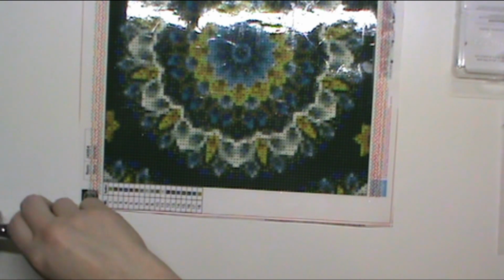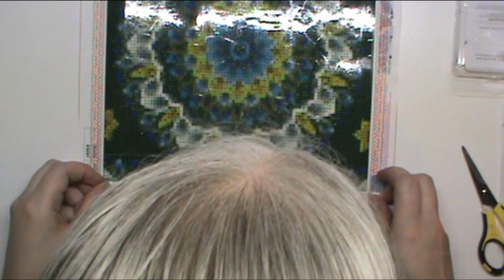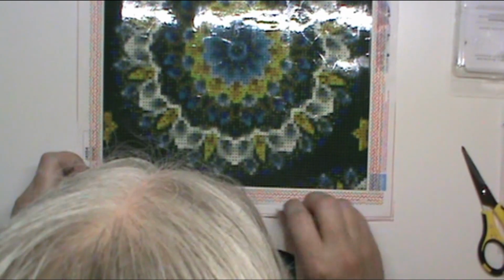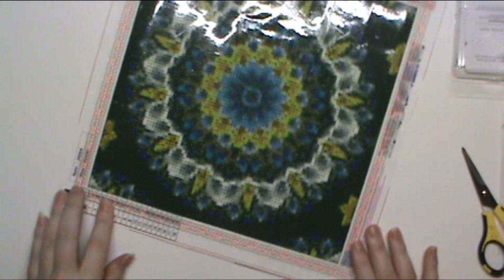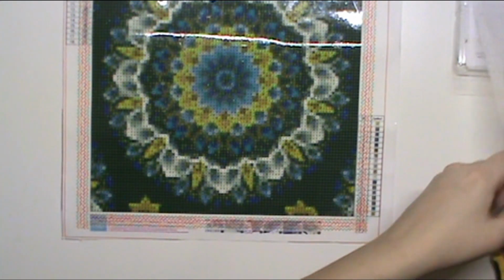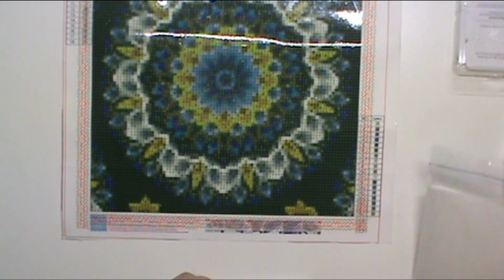But I want it to be a surprise for everybody, so I'm not going to tell you what it's going to be like. I mean, granted, part of that is because I'm not sure it's going to turn out the way I want. But you know what? It's just hair. If it doesn't turn out, then we do something else with it. Alright, so